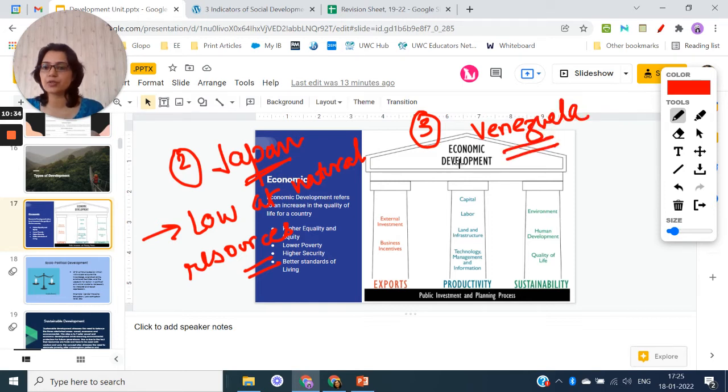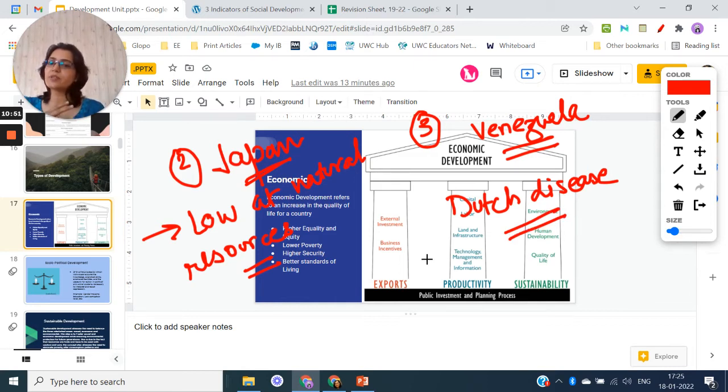Despite rich natural resources, which is petroleum, it couldn't do a good job, right? There is something known as Dutch disease, where this country could not focus on many sectors but focused only on petrol when it found it, right? So it grappled with this Dutch disease, where when the prices of oil fluctuate, it could grapple with that, right? So you can read a bit more about Dutch disease and the example of Venezuela from the revision sheet.